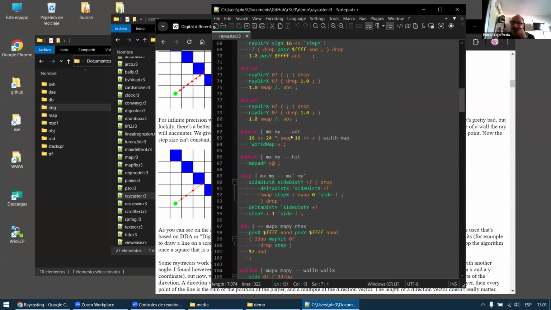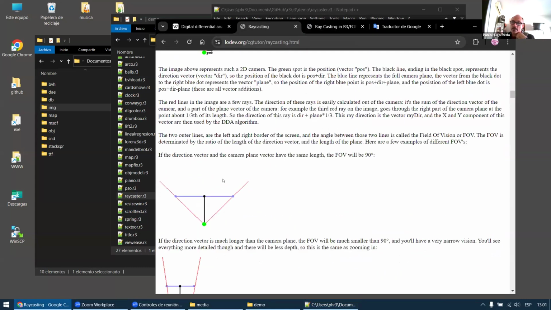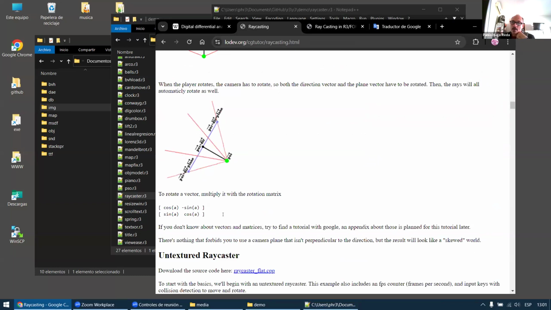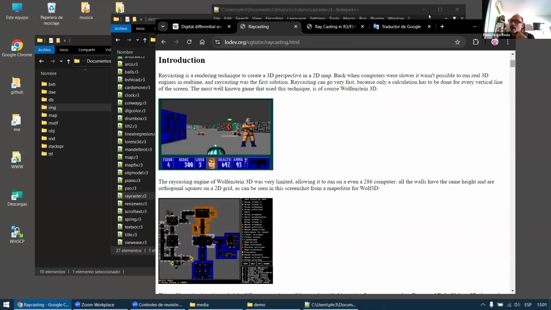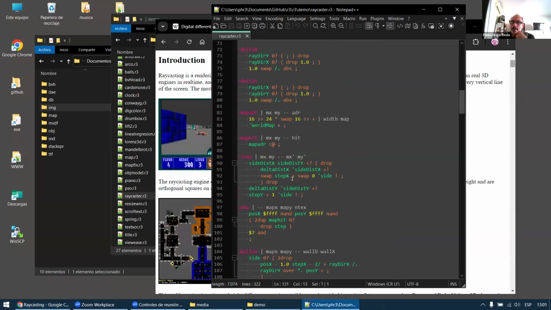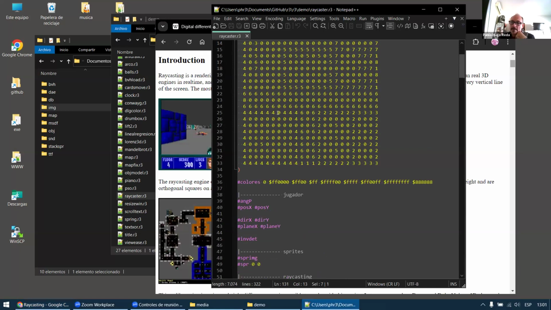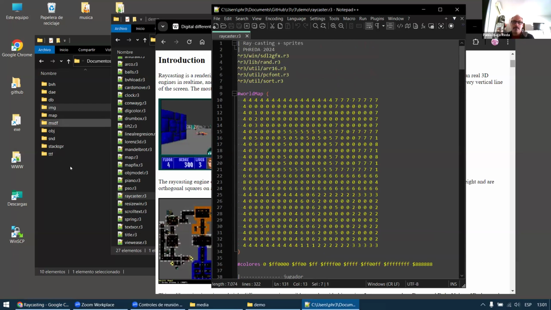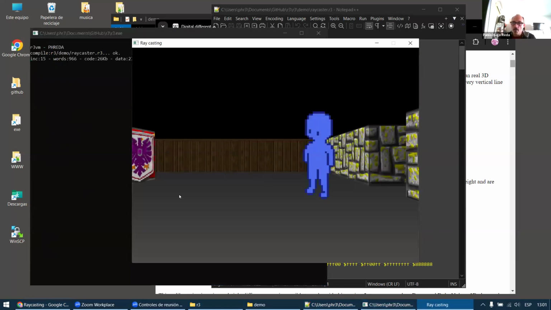This is an auxiliary word for calculating some variables. The names of the variables are the same as on this web page. And this is all. Global variables, player, and map, and this is all. Then I show